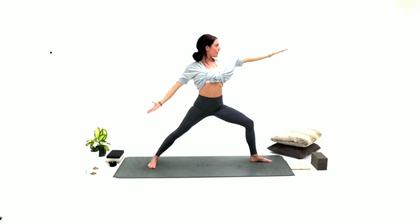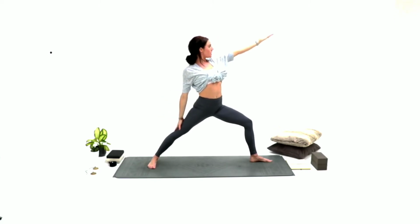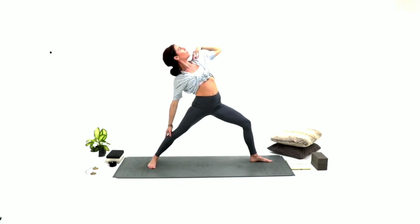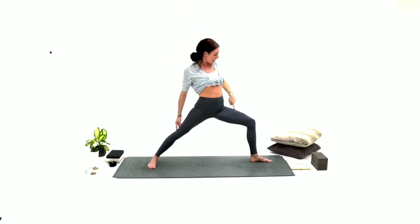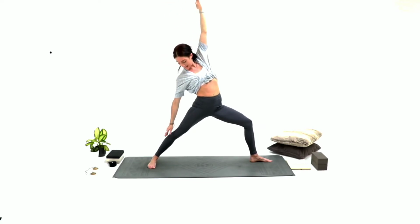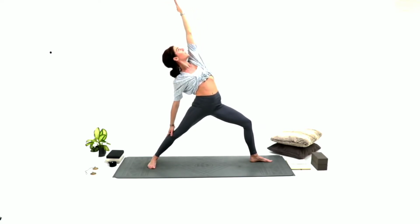When you're ready, dropping that right hand to the back of the thigh, turning the body around just enough to be able to open up through those left fingertips, moving the space away from your neck and your shoulders, lifting into your reverse, your peaceful warrior. Keep bending through the front knee, opening the side body, barely any weight in that back hand. If it's too much for the neck to look up to the fingertips, take that glance down to the back foot. Breathing in,